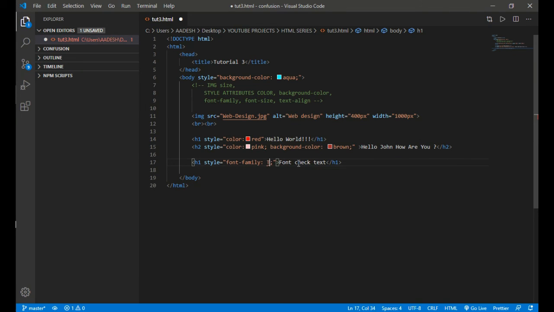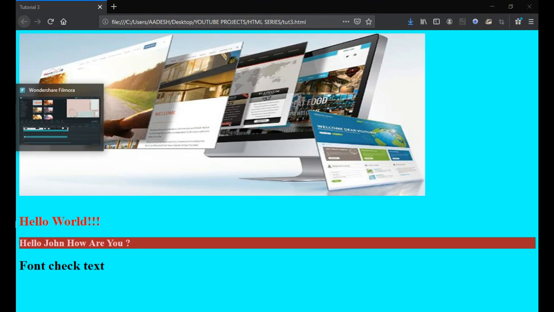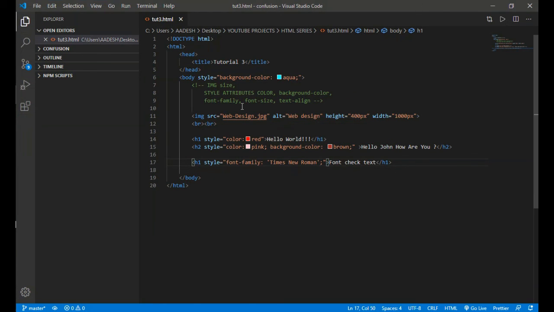If the second is also not available, the browser will use the third. So let me show you the Times New Roman font. It is basically available in all browsers. Go to the browser, hit refresh, and you can observe the change in font. Font check text. Now go back to code.